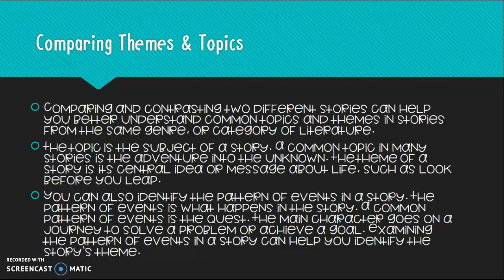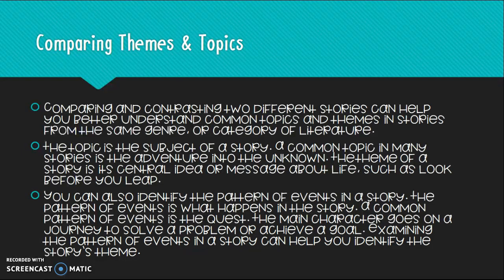And the topic is the subject, like we talked about yesterday with Paul Bunyan. It was about lumberjacks in the Wild West. A common topic in many stories is like the adventure into the unknown. The theme is the central idea or the message about life. So you look at it as a big picture, such as look before you leap or hard work pays off